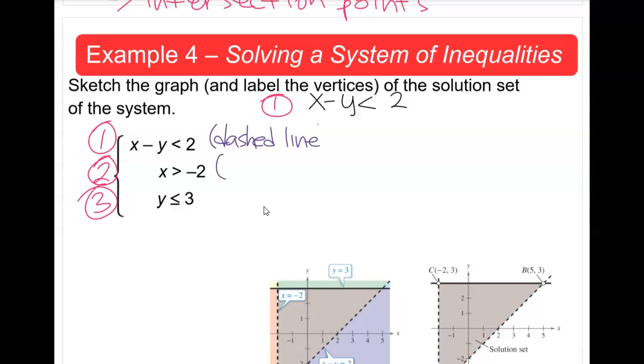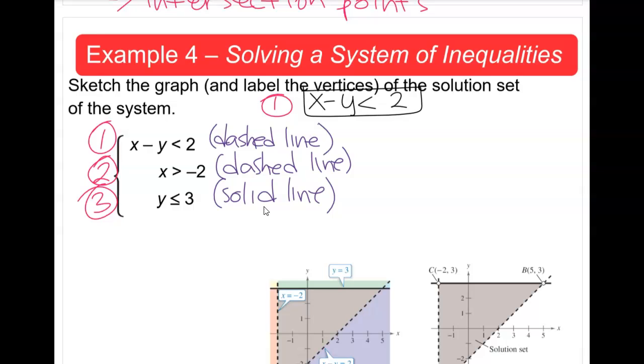The second one also a dash line. And for the third one, we will have a solid line. So I'm going to be solving for y on this inequality. So if I say